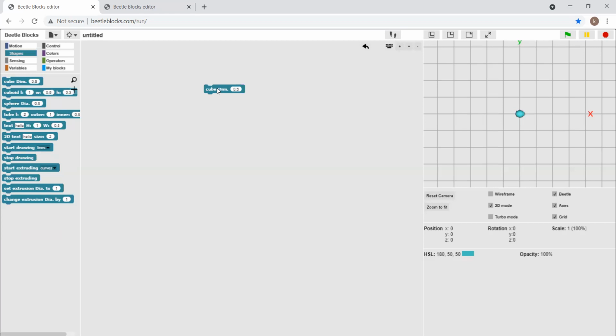It is a simple task: we just have to drag the instructions which we want to get in our output. So I have selected the cube. Yes, one cube has come here.